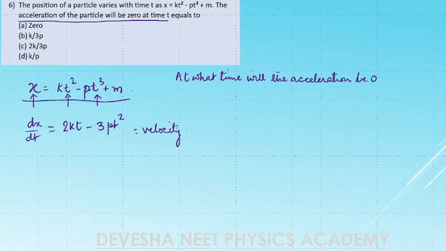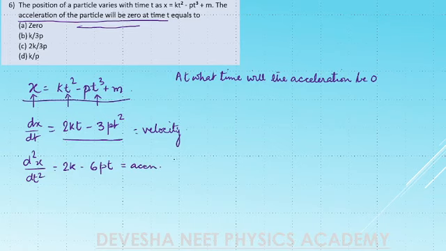As you might be very well aware, how do you find the acceleration? Acceleration is a further differential of the velocity, which is d2x by dt2. So we have to differentiate this once again, and we will get 2k minus 6pt. Now, as per the problem, it is asking at what time the acceleration will be 0. This is the acceleration, and if this has to be 0, it means